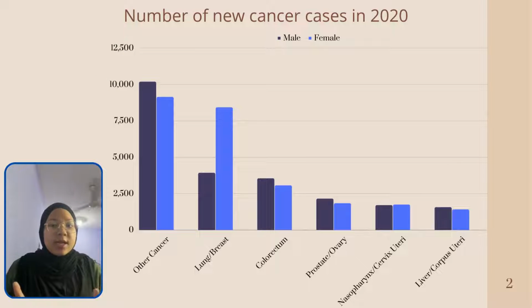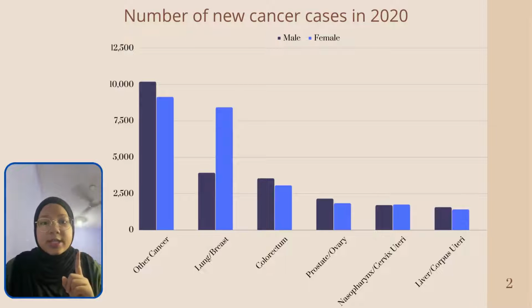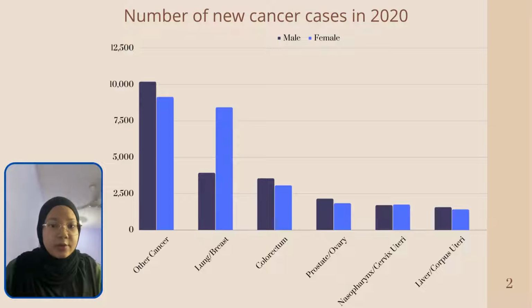What is cancer? Cancer occurs when the cells of our body grow uncontrollably and spread to other parts of the body. Now I will briefly explain about these types of cancer. First, liver cancer. Liver cancer is a cancer that can be found anywhere in the liver. It is a very important organ as it helps to digest food and remove all the toxins in our body.